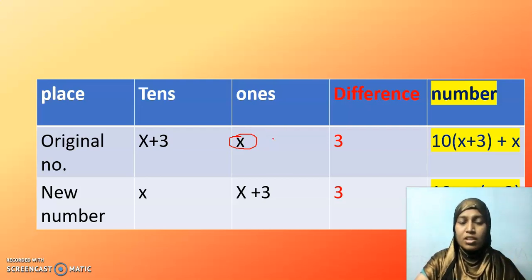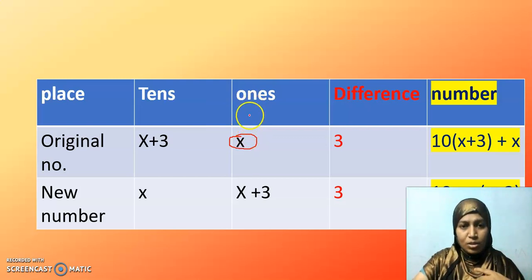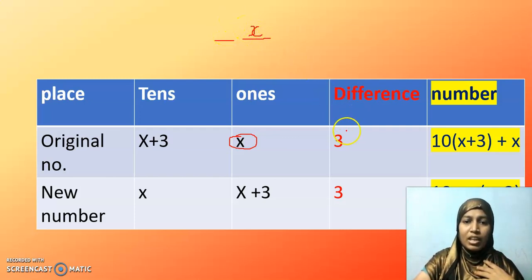Okay, you are in the beginning stage, so you may get some difficulty in understanding this problem. So try to practice in the same way. Once you get confident, you can switch over to any method. Now in the ones place I have the digit x. If I have a 2-digit number, here I consider this digit to be x. And they said that if I subtract these 2 digits, tens digit and ones digit, I get 3. So the tens digit should be greater than the ones digit by 3, only then if I subtract, I will get the difference to be 3. Isn't it? So I have x plus 3.